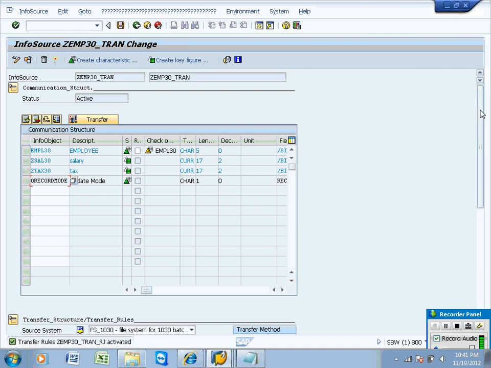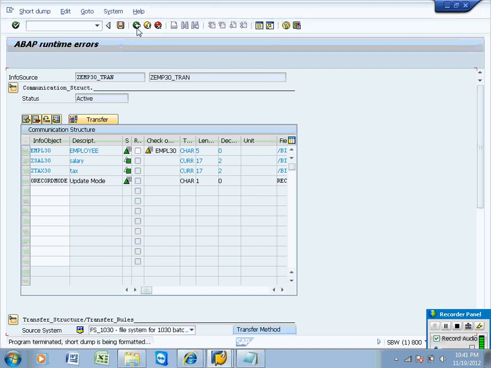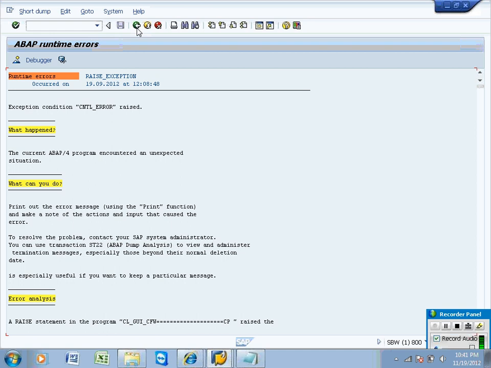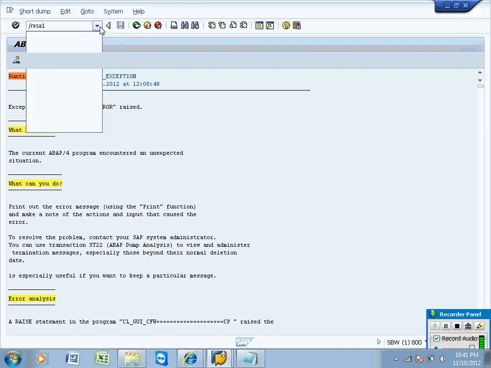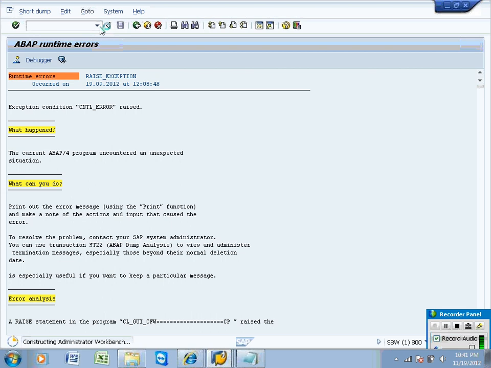That's the reason you need to keep it. If you want to note this down in your steps also, in maintain communication structure, step 4.3, maintain it with 0RECORDMODE also, apart from the info objects.